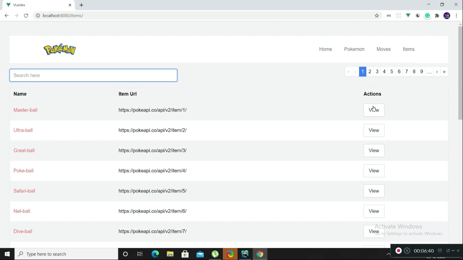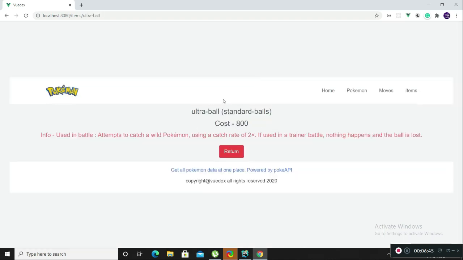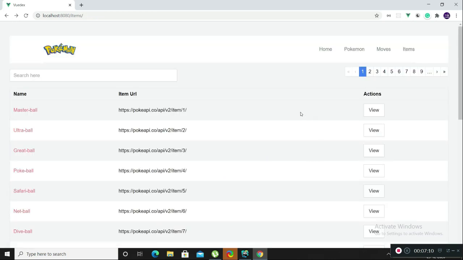For the details page, if I click on details, here you have the item name, the category name to which this particular item belongs, the cost in the Pokemon universe, 800 dollars, 800 rupees, I don't know, whatever, and info on what this item is used for. This information is available directly from the API which I am using. Let me return to the items page.